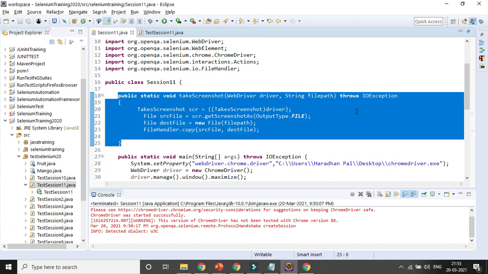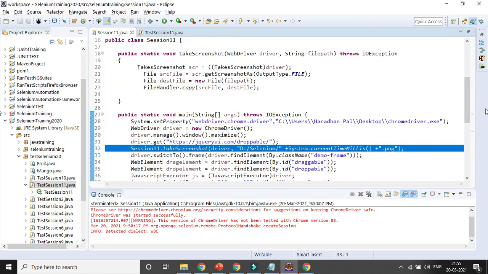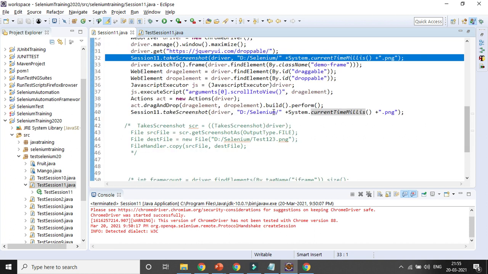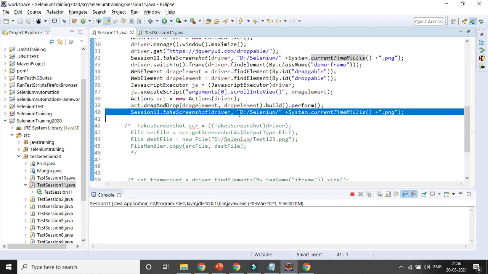Now, if you run it, after opening that page it will take the first screenshot, and after performing the drag and drop operation, it will take another screenshot. So let's run the code and see whether two screenshots are generated and saved in the D drive Selenium folder.